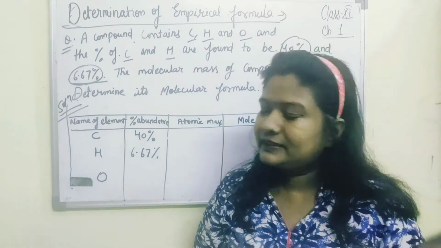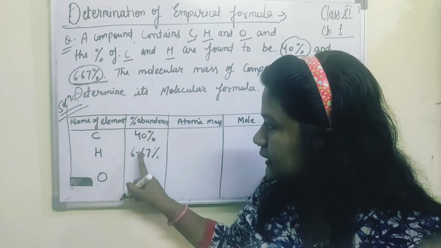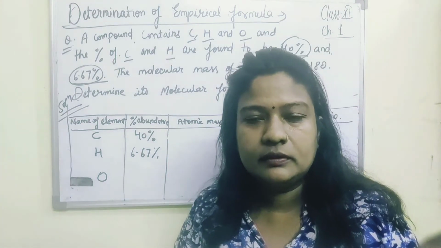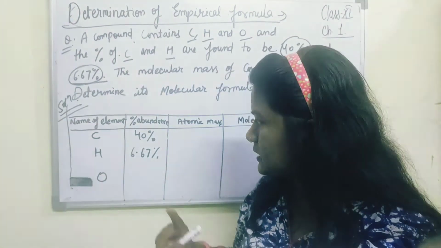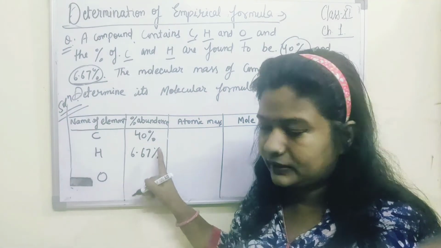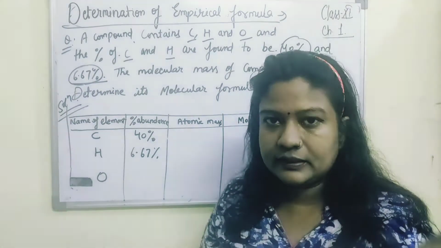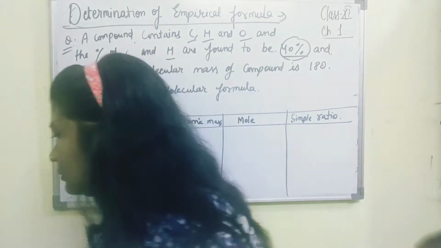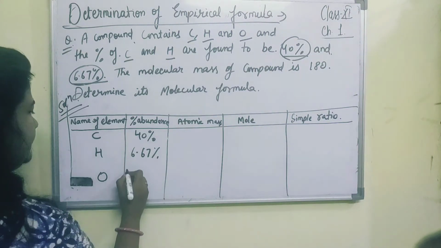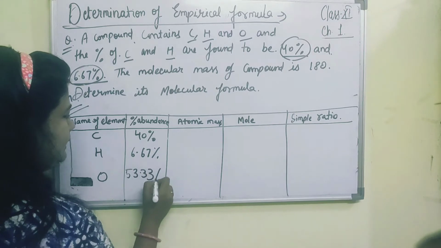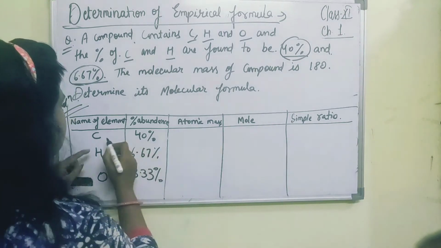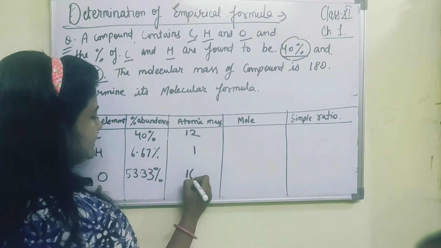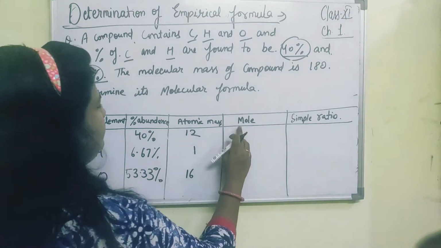मैंने ये कहा, I have said that we will add both the percentages of carbon and hydrogen and we will subtract the addition from 100. पहले इन दोनों परसेंटेज को ऐड करेंगे, ऐड करके 100 में से माइनस कर देंगे, तो रेस्ट ऑफ द परसेंटेज किसकी होगी? ऑक्सीजन की. तो इट इज फाउंड टू बी, ये मिली है आपको 53.33%. करेक्ट. अब यहाँ पे एटॉमिक मास ऑफ कार्बन इज 12, एटॉमिक मास ऑफ हाइड्रोजन इज 1, एटॉमिक मास ऑफ ऑक्सीजन इज 16. करेक्ट. नाउ वी विल डिवाइड.